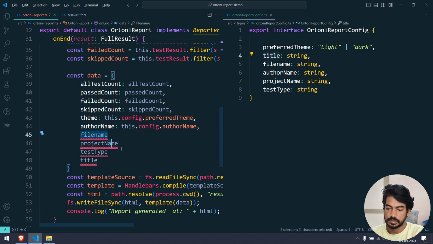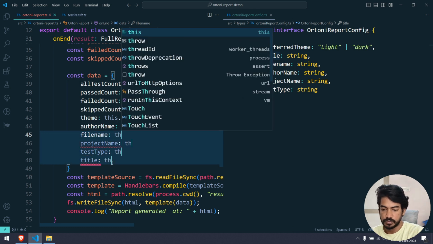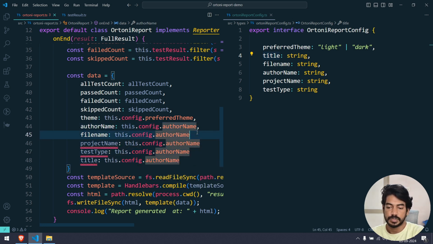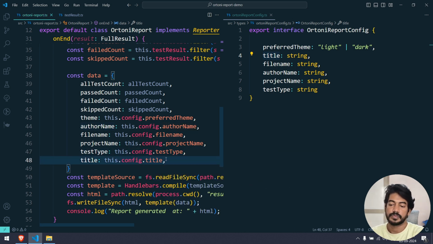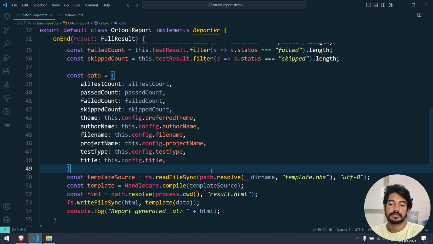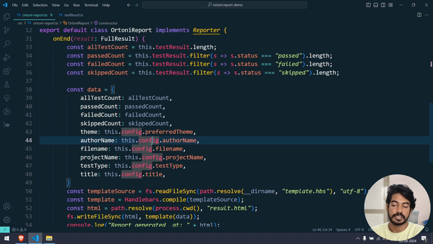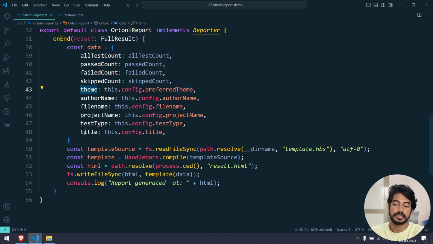Now we can just simply add colon, followed by this dot config dot something. That should be easy actually. And this should be file name, this should be project name, this should be test type, and this should be title. Okay, so we got this. Now whatever data we are going to set over here, we get it from the constructor, and we are just passing it to this object name, and this object name we have to use in our